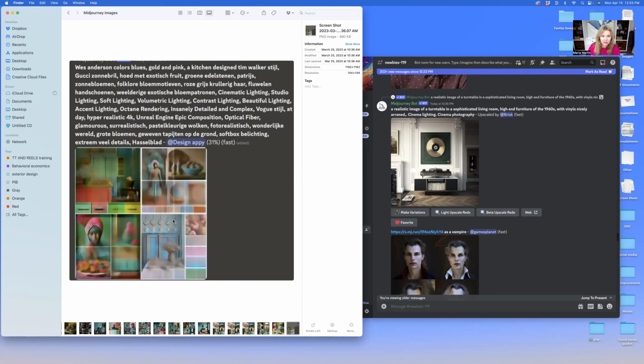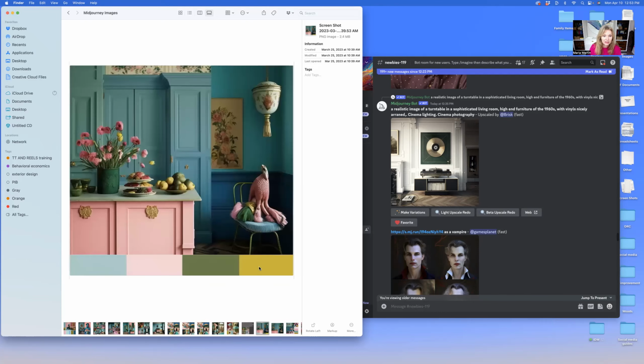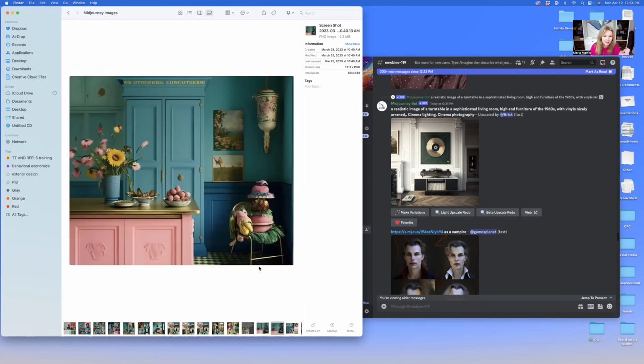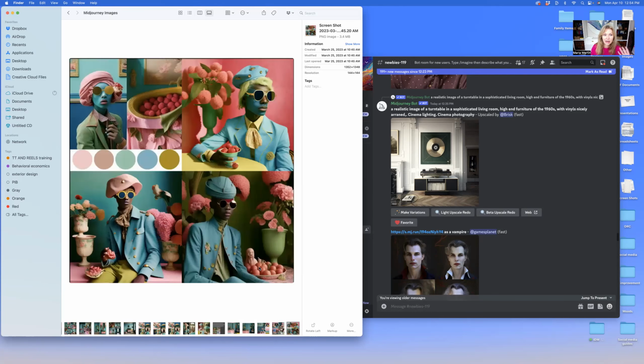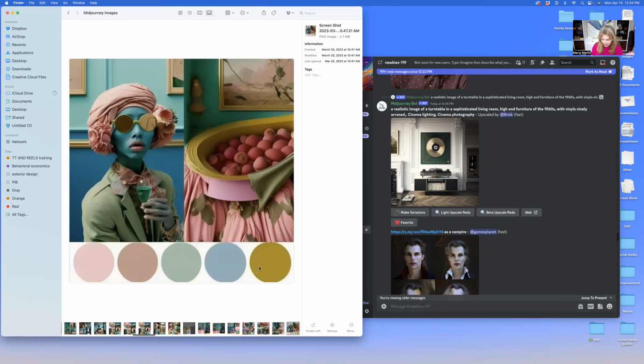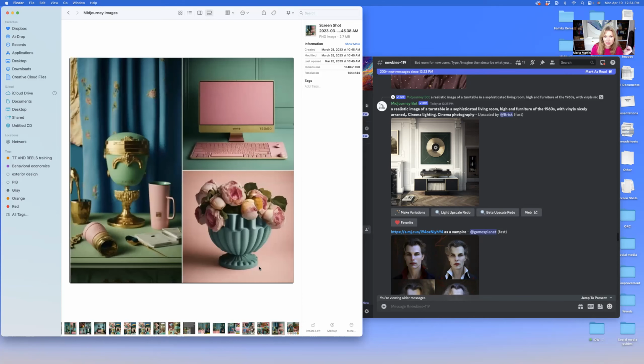And then after, you can see it says 31% right here, it will eventually get to 100%. And you end up with pictures like this. Like, look at this weird bird thing with the tassels and the fringe. But I mean, I kind of like it. It's so weird. And then in that variation, it's just different things. What does a designer's desk look like, right? If I gave it all the same requirements. So the more I tap into what my requirements are, I'm able to produce multiples of images that have the same aesthetic, same vibe. Like I love this quirky pink